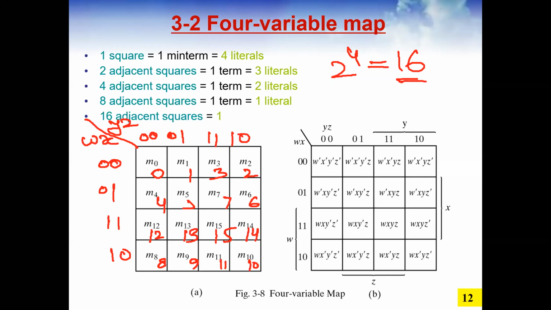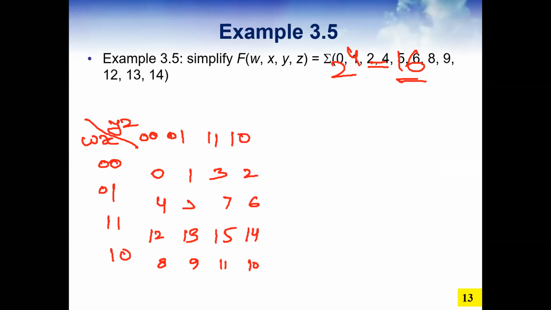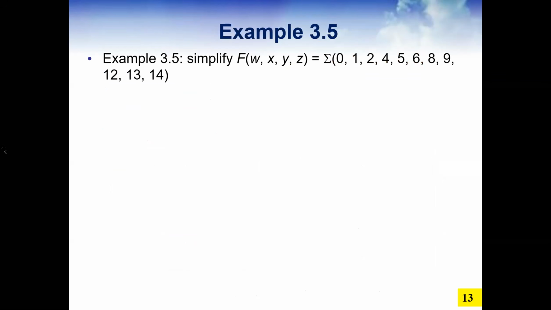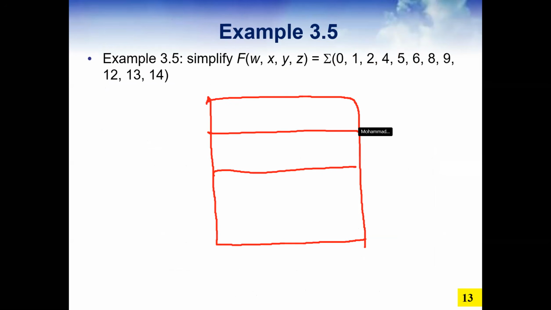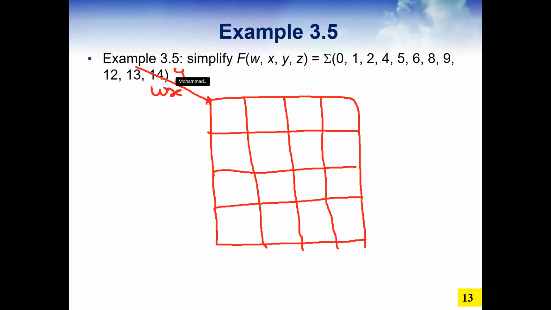So let's have an example. Now see this one. So this is the question for you. You can see W, X, Y, and Z, 4 variables are there. It means we have to have a 4 variable K map. So I can draw a 4 variable K map, which is going to be like that. 4 rows, 4 columns, as I mentioned earlier. You can make it like that. It's going to be W, X, Y, and Z, and their